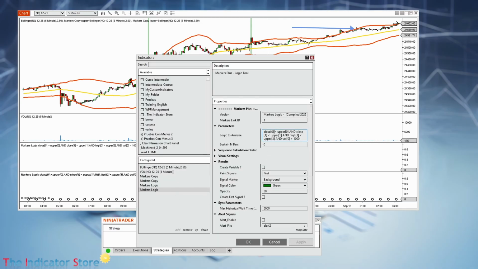So the close now is less than the lower on the current bar, and also the close 1 bar ago is greater than lower 1 bar ago. And also the low 3 bars ago is greater than lower 3 bars ago, and the volume is greater than 1000. When that is true, then the background in red,